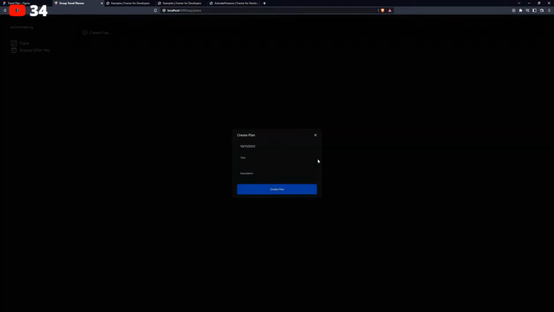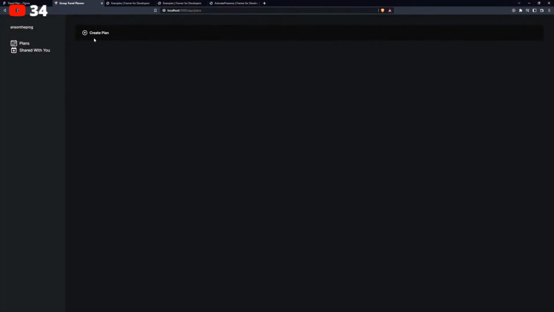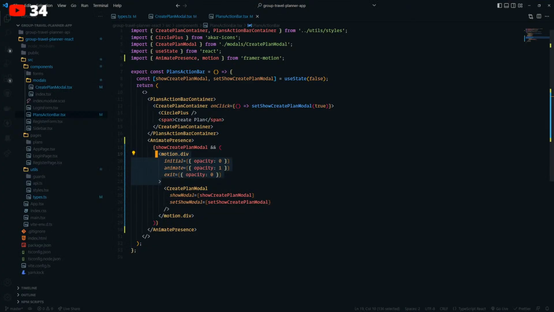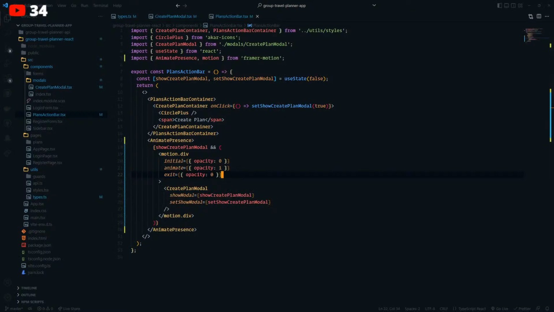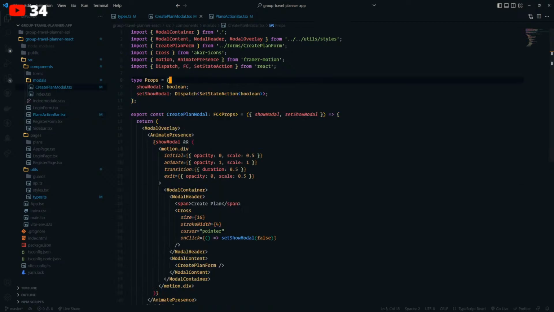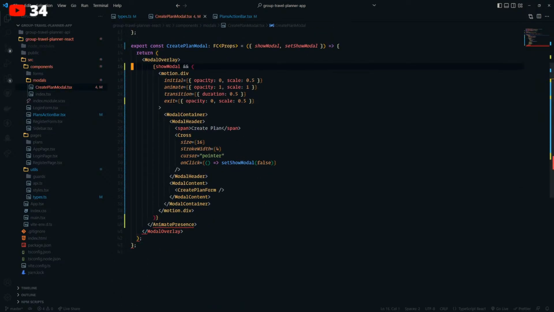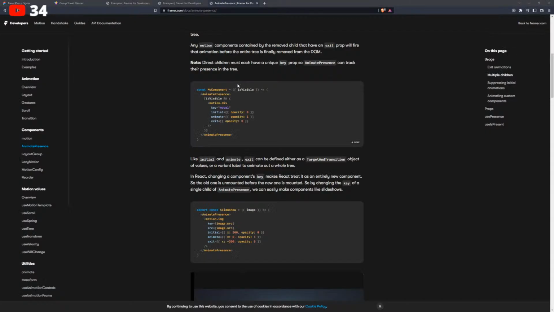Yeah, because it just looks weird if it fades out like that, you know? We definitely want it to go back, but I'm not sure, though. Well, let's see. I have one AnimatePresence. I don't know if we should nest it, though. Maybe I shouldn't nest it. Let's try this.